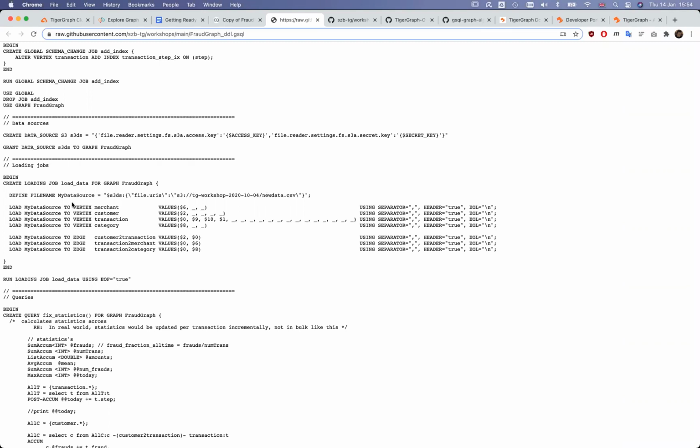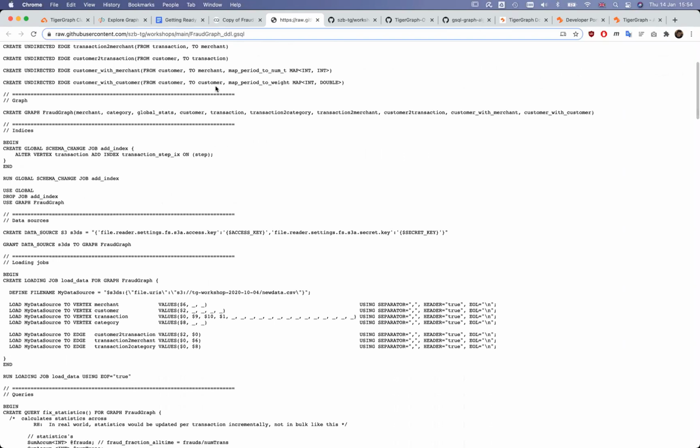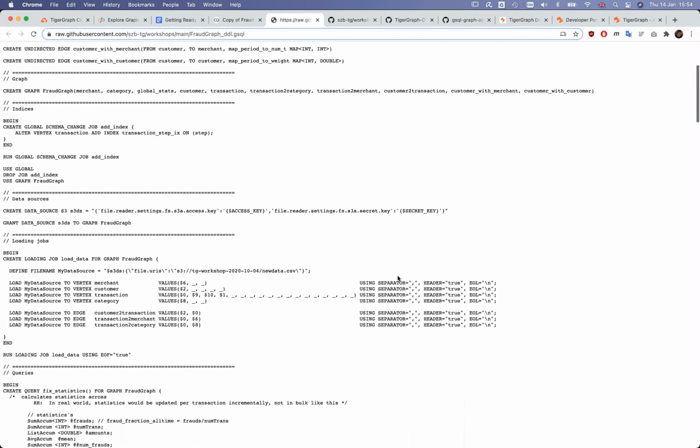And here is the data mapping. I want to load from this file into the merchant vertex. I'm picking up the 6th column from this file and only populating the ID of the vertex. I'm not loading anything into non-frauds and non-transactions. This will be calculated later. And so on. You can see here I specified that the separator is comma, there is a header, and there is a normal \n end of line.